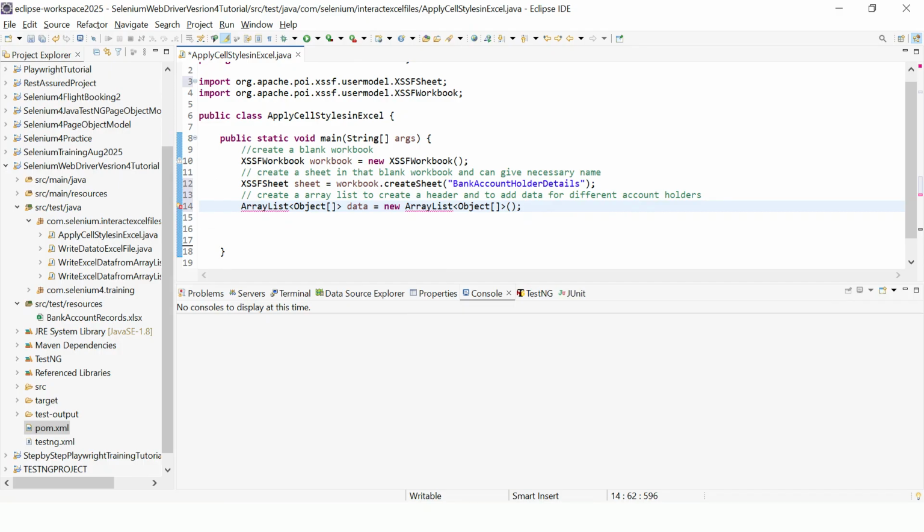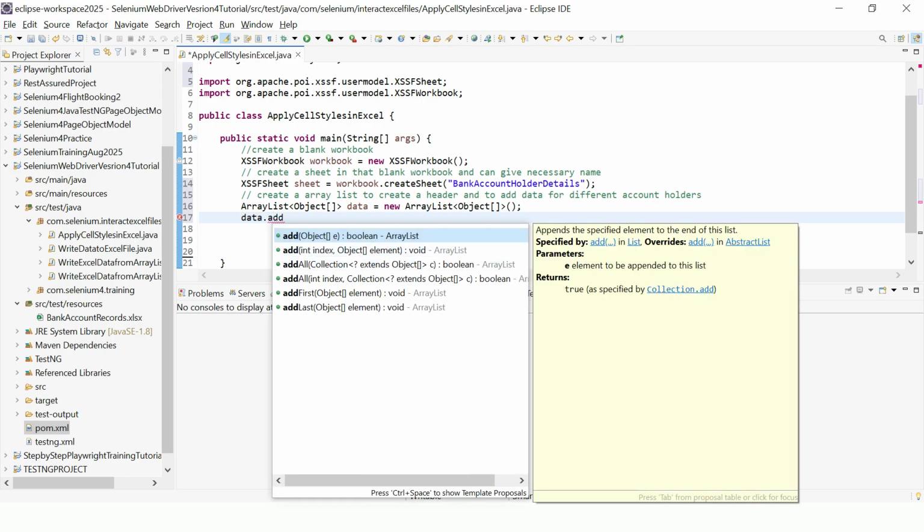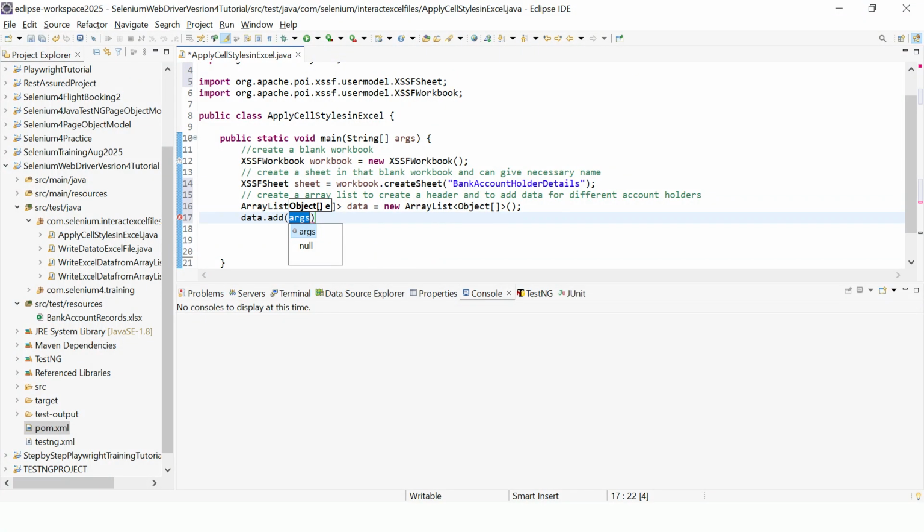So now I can import that array list from the Java util package. Now with the help of this data object, whatever I created for the array list, I can first try to create the header. We'll call the add method, and for the header part I already know that the type is string, so I'll call new string and dimension, and then I can give the details. Say what are the different columns I want to create. I want to create the account number, then I can create another column called account name,